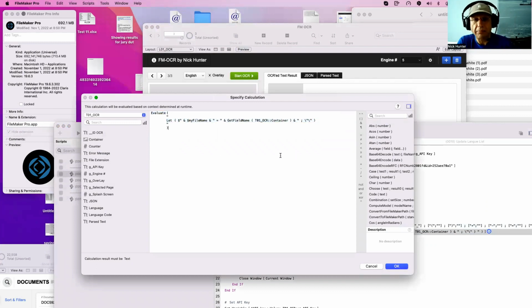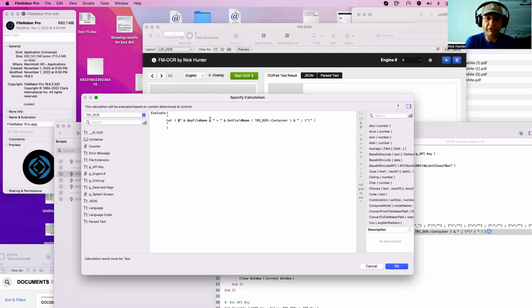So I'm building my let statements and my variables